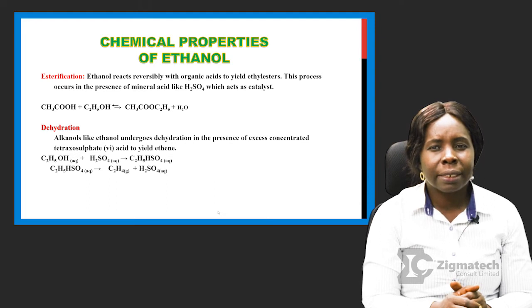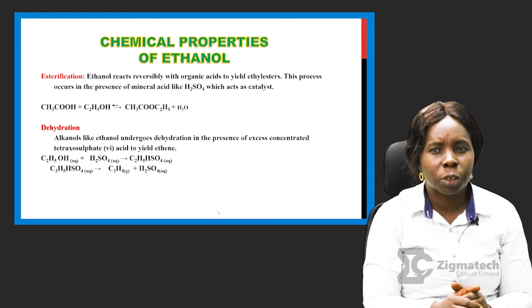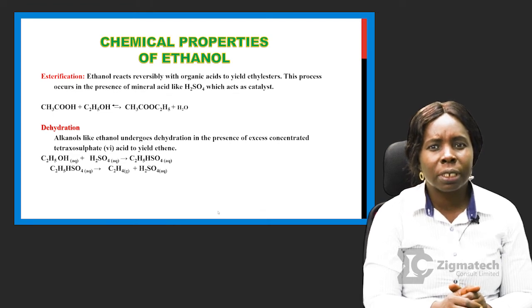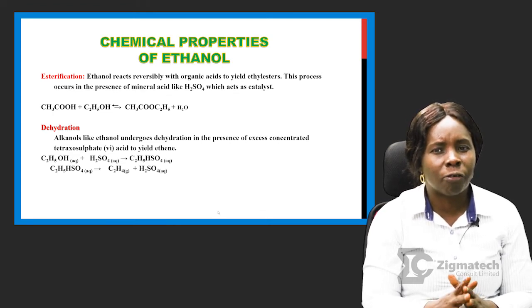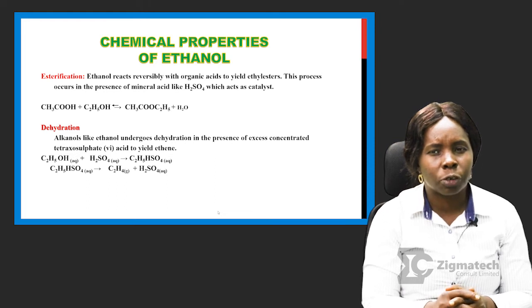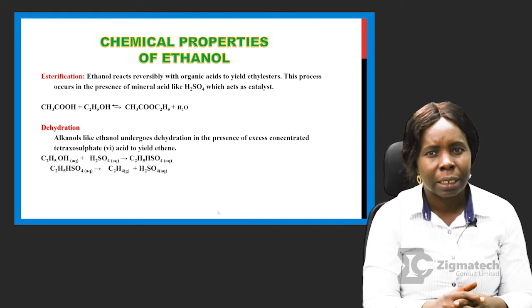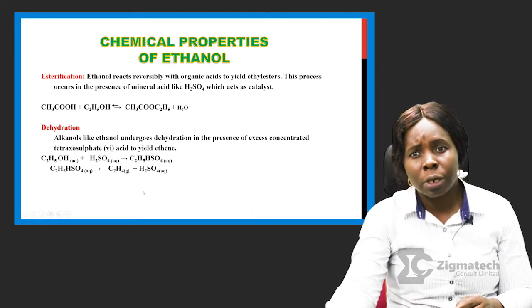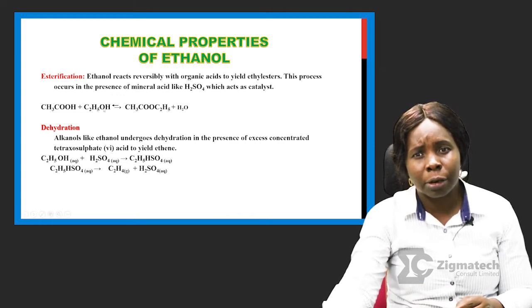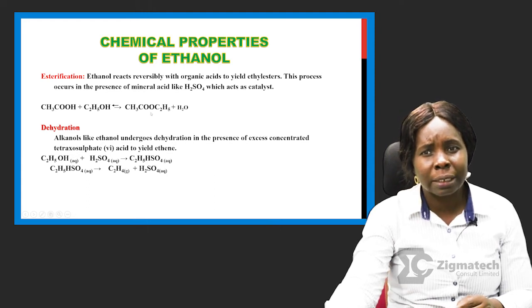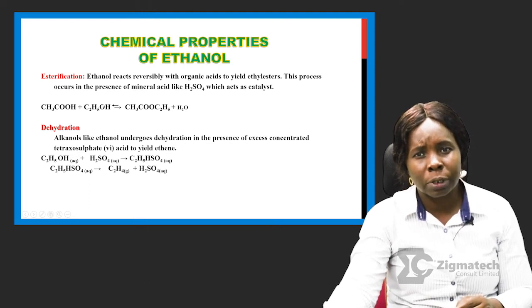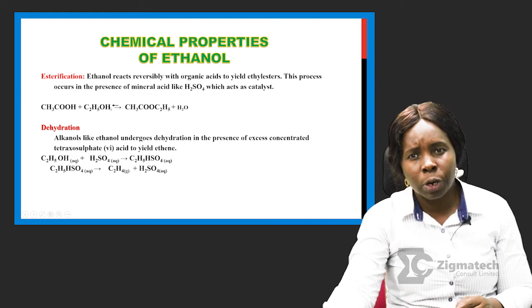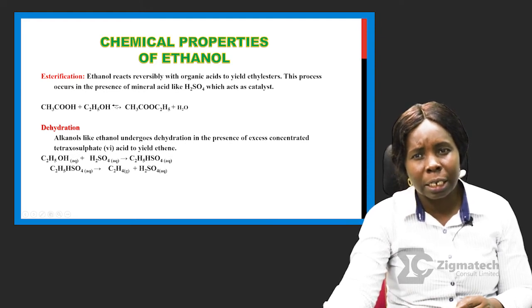Esterification. Ethanol reacts reversibly with organic acid to yield ethyl esters. This process occurs in the presence of mineral acids like tetraoxosulfate(VI) acid, which act as a catalyst. All alkanols react with alkanoic acid to form ester and water. The process is a reversible reaction, and the catalyst is H2SO4, and it needs to be heated